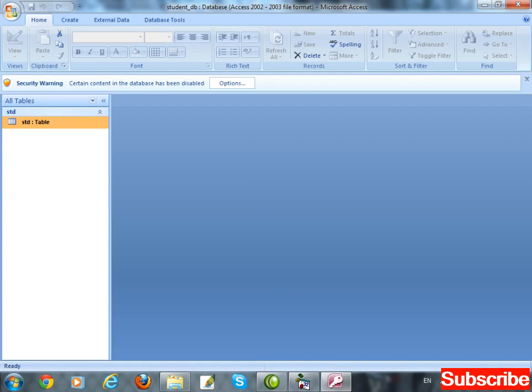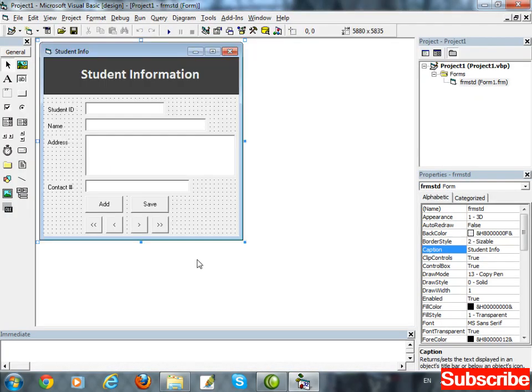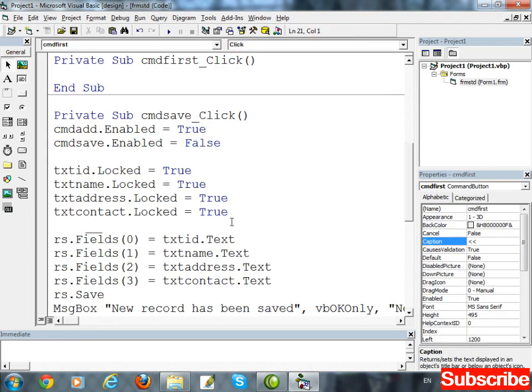Now we have to do code for navigations. For navigations, double click on first for selection of the first record. This one is for the first record. Double click. Simply write rs.movefirst.